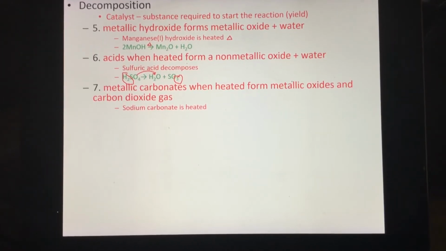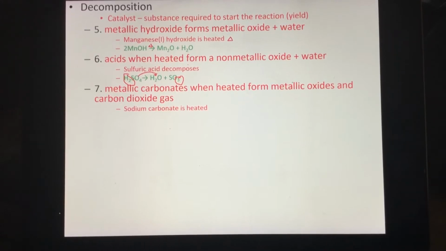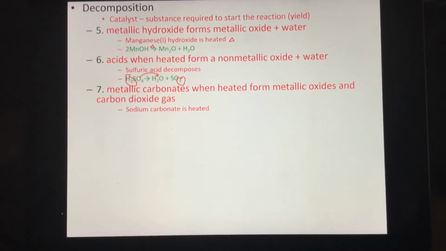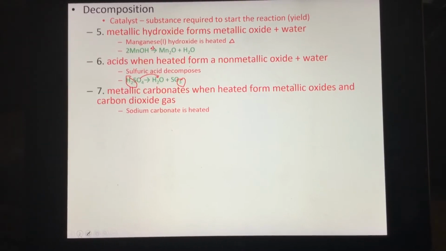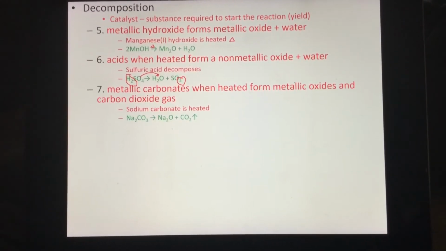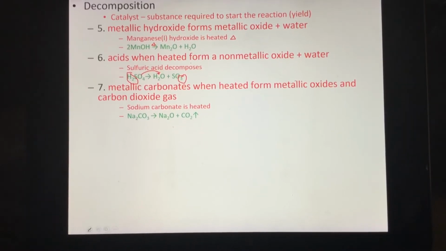So an example of this would be sodium carbonate. So that's our metallic carbonate, and it says it's being heated. So when sodium carbonate is heated, it's going to break down into a metallic oxide and carbon dioxide gas. So it will look like this, where we have